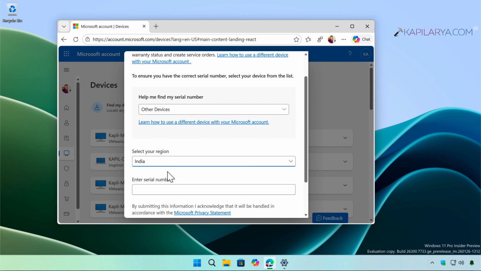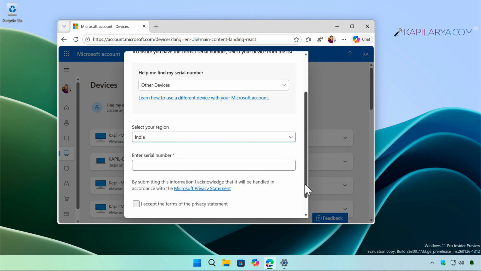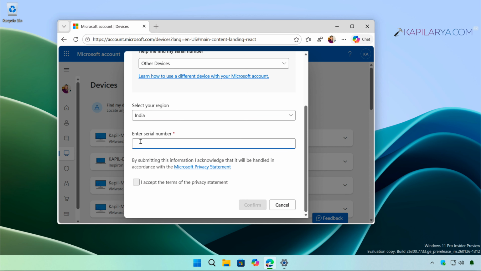Then select your region and here enter your device serial number, and ensure that you have checked I accept the terms of the privacy statement. Once you type the serial number, just click on the confirm button. If your serial number is correct, your device will be registered to your Microsoft account and it should now be showing under the devices page of